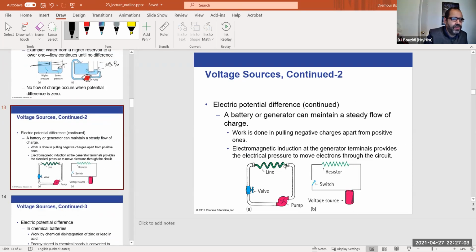So again, this is the fluid. The valve in here acts as a switch, the switch that you turn on and off the electricity. Okay. You may have a battery in here, and you may have a resistor in here. This is the symbol for the resistor, by the way, in circuits. But if the switch is not on, then there are no charges moving one way or the other. Now, like I said before, you have to be very careful with this analogy, because if you have a fluid in here,